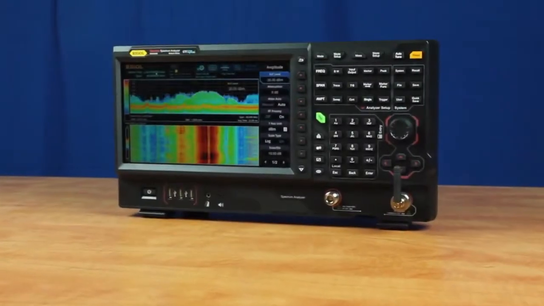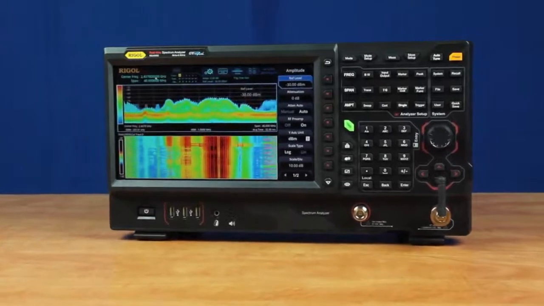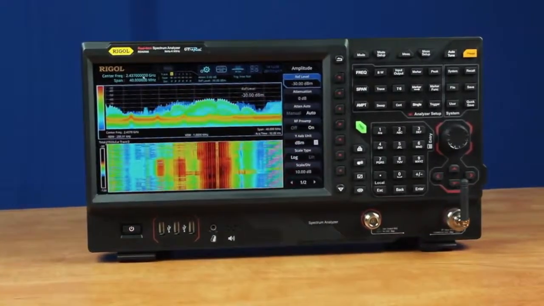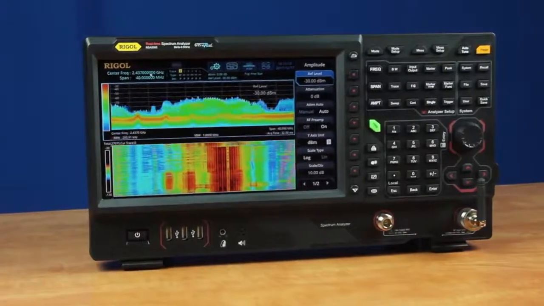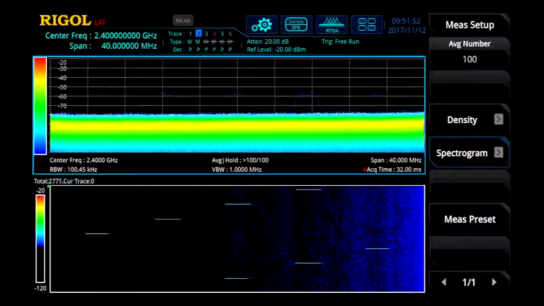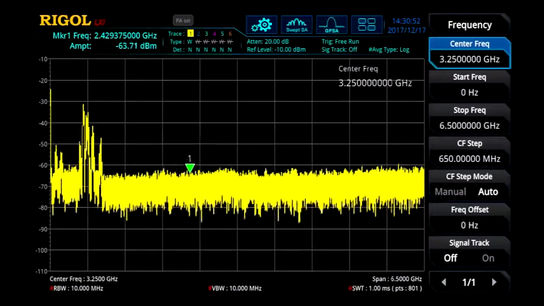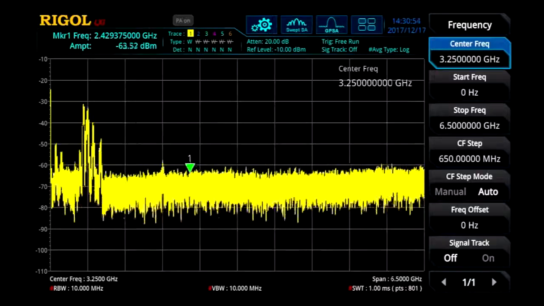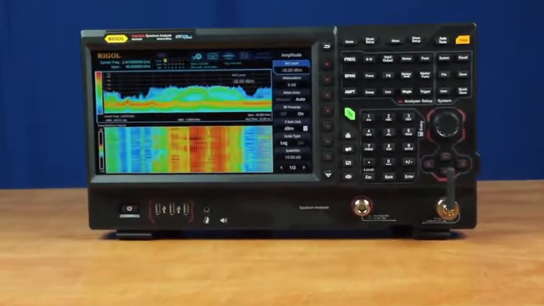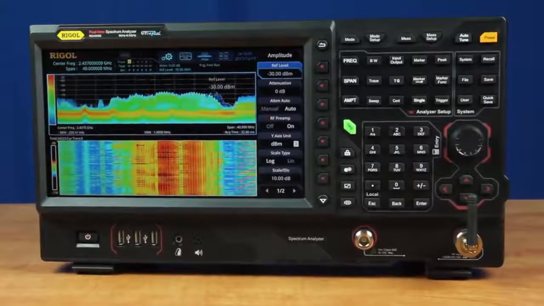Today I will be introducing our first real-time spectrum analyzer, the RSA5000. This real-time spectrum analyzer is designed to provide important analysis capabilities in each stage of the RF design process while being flexible enough to adapt to how each engineer works. For instance, the instrument can be used in real-time mode or more traditional swept mode. The unique combination of performance specifications, advanced measurements, real-time spectrum visualization, and Rigol value makes the RSA5000 a powerful instrument